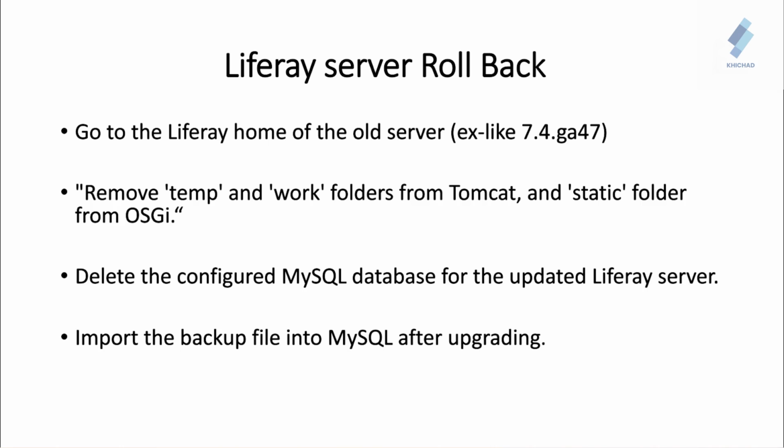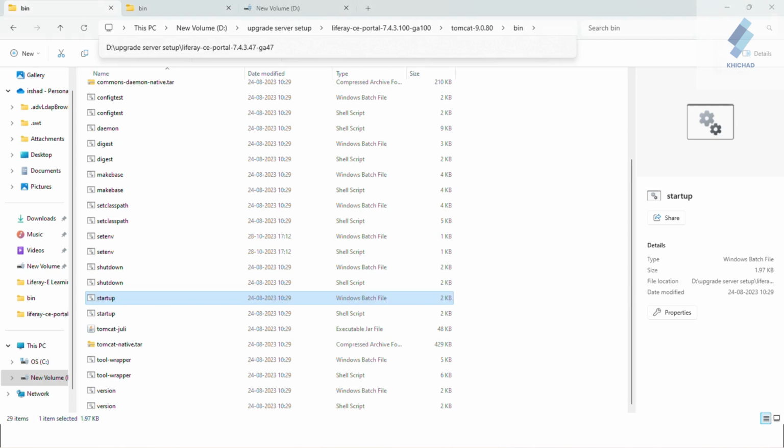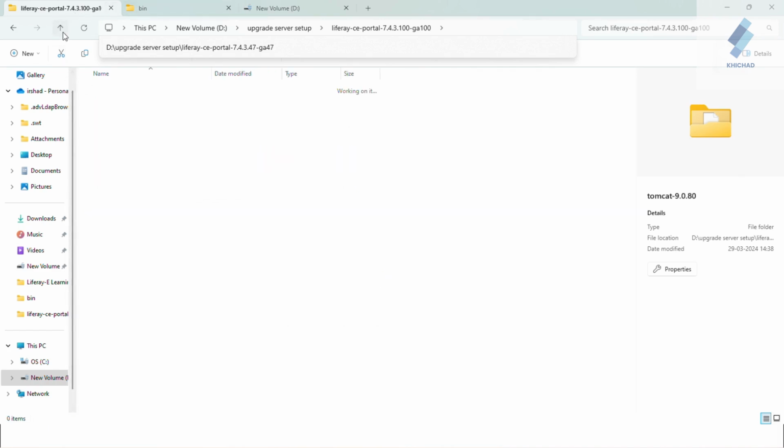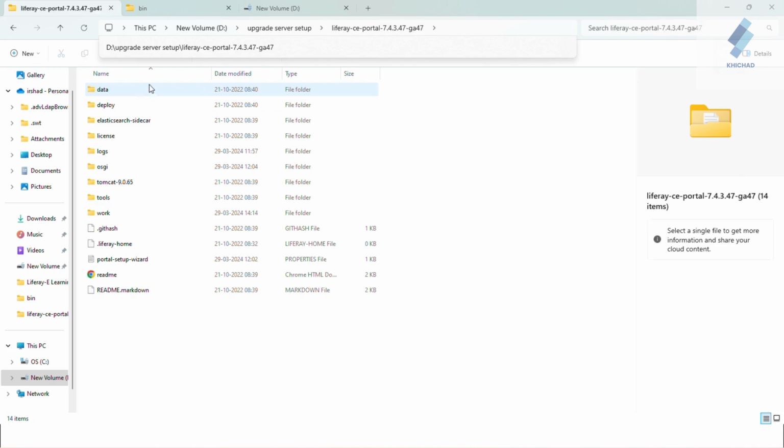So open again, and go to the home directory, old server. First we need to delete some folders like temp, work, stat and static.